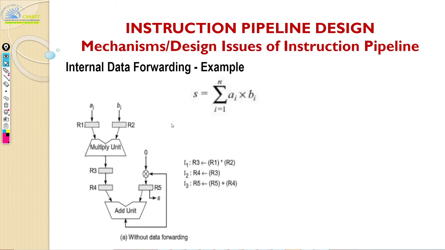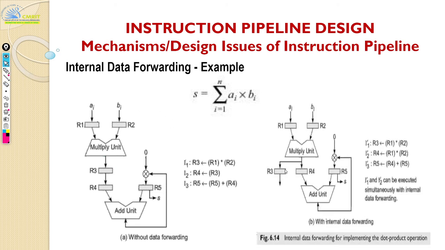So one way to do this forwarding here is that you cannot break the architecture, but what you can do is rewire it, right? So you can just give a connection saying, let R3 be R3, but then what you're also going to do is this part. Instead of this, you're just going to have this. It's just the wiring part, so that you don't have to break the actual module, but you're just tying them differently. So with this you have a better design. This is another example of your internal data forwarding.